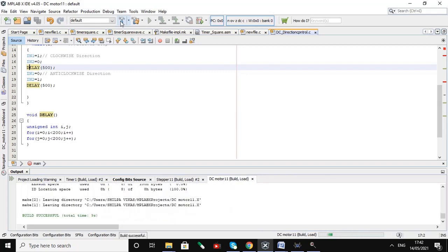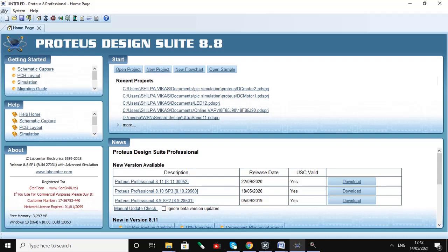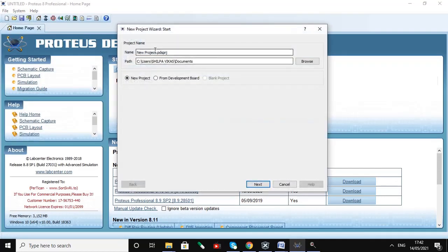It will take some time to debug, and now the hex file is available. We can copy this hex file, then go to Proteus. Here we are building a new project.